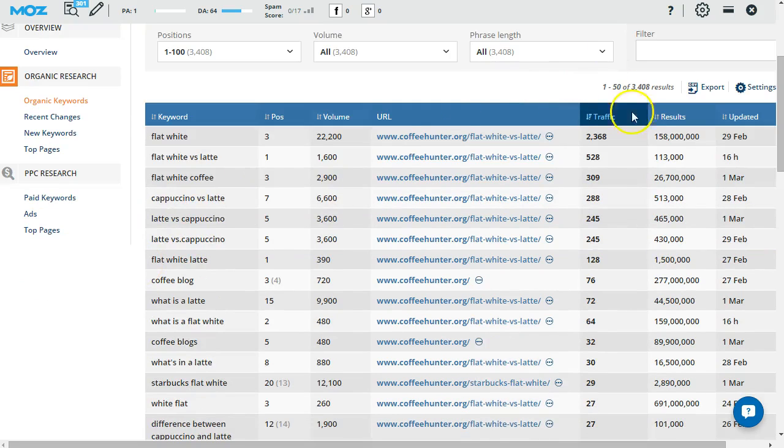By default, Ahrefs organizes these by the percentage of traffic or by the estimated traffic that keyword is pulling in. It's just an estimate based on Ahrefs' internal algorithm, but it still gives you a really good idea of how successful each keyword is. So, for example, we can see that the best keyword for coffeehunter.org is flat white. We can see their position, we can see the search volume, and then if we click this, we can see